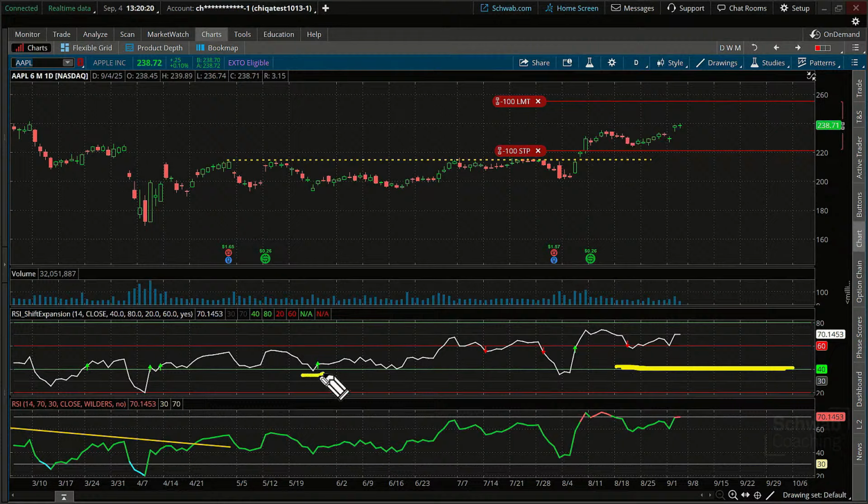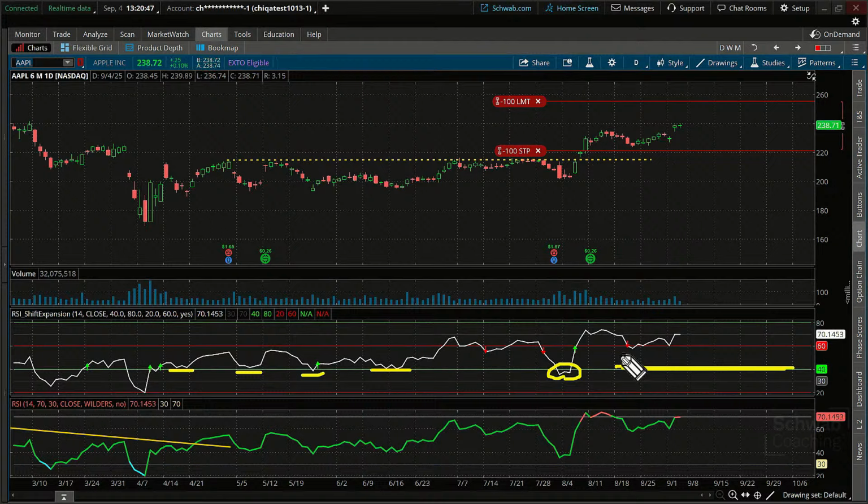This one did touch the 40. Notice over here, look how many times. Fascinating. You came so close to the 40 here. Here, here, here, here. Wow. Dipped a little bit below there. You broke up above it. Interesting. That's just phenomenal. I mean, how many times? You're not going to get this every time, but you do see it a lot. And that's why a lot of technicians will talk about that 40. Well, this gets you the trade above 40. It's got to be below and then back up above. You'll see it on the chart.